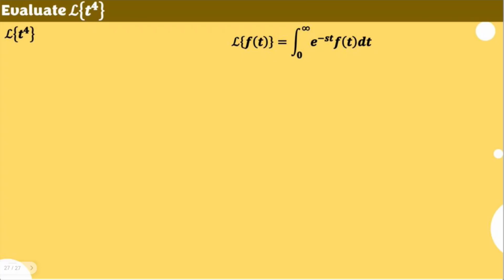This time, let's also try to show the rule for the Laplace transform of a quartic function, or t to the power 4. Of course, we are going to use the same idea or formula for identifying the Laplace transform. And in the previous videos, we also had the rule for t squared, or quadratic function, and t cubed,